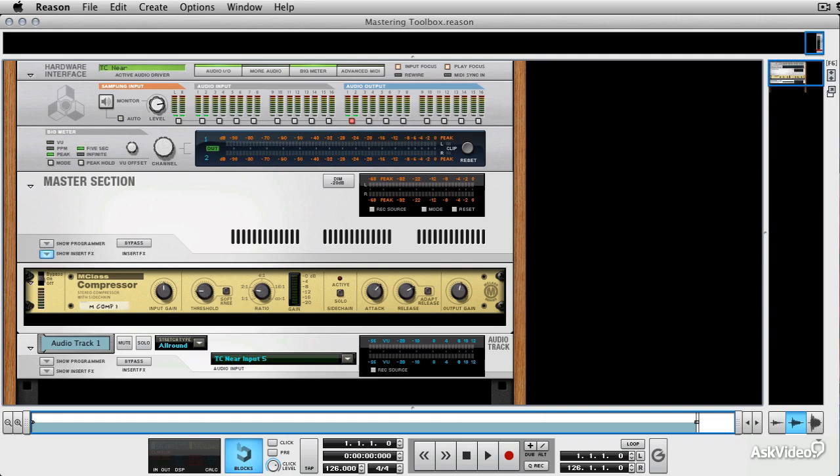The next thing I like to do after applying compression to our master is to apply some equalization and augment or add or remove any frequencies that we feel need treating in our main mix. But before we do that, I want to talk a little bit about filtering and removing low frequencies and subharmonic